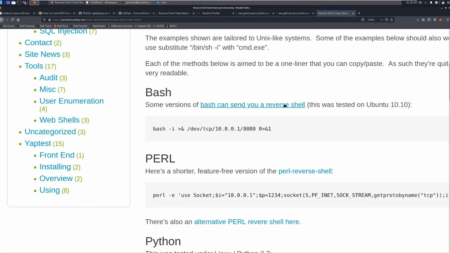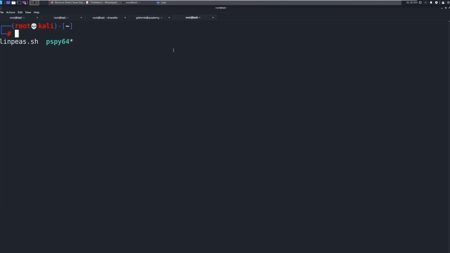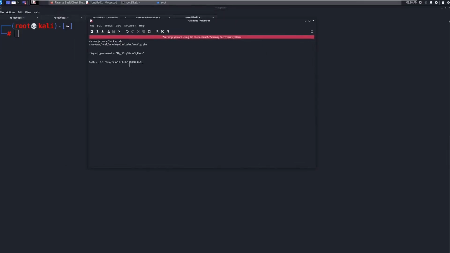This is awesome. All we're going to do is put this into a shell script, which we already have. We have it right here. We're going to put that in there, and when it executes, it's going to perform a reverse shell. So what we want to do is modify this a little bit. Let's open up a notepad real quick. It might be a little bit small on your screen, but where it says 10.0.0.1, I'm putting